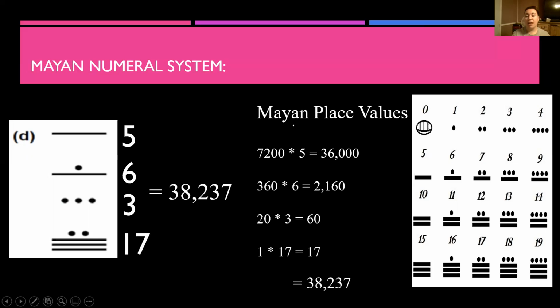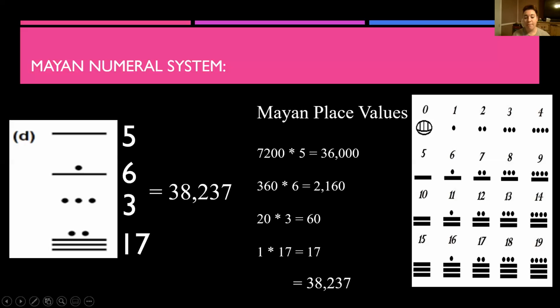Now, how do we work the Mayan place values? Well, everything is standing up here, in this formation. So for us, that would be as if our number was going this way, and we'd have our ones, our tens, our hundreds, and our thousands. And then we have our 10,000s. Well, for them, it goes more like this. They've got their 7,200, their 360, their 20, and then their 1. For us, the 1 is the ones place, that is the tens place, that's the hundreds, and that's the thousands. So this is how it works for them. We're going to start at the top. So their thousands place is